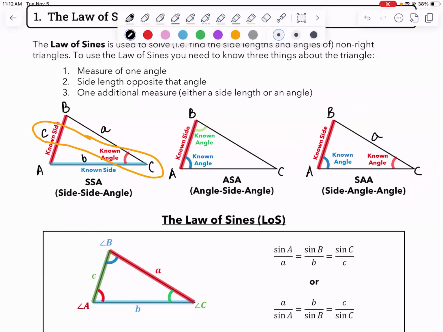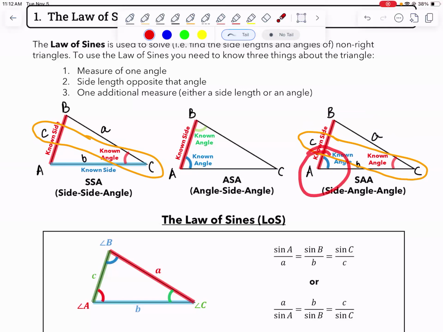A, B, C. In this situation, once again, we know an angle and a side opposite it. But the additional information we are given this time is another angle. So in the first one over here, the additional information is knowing a side. Over here, your additional information is knowing an angle. And then here, for this middle one,